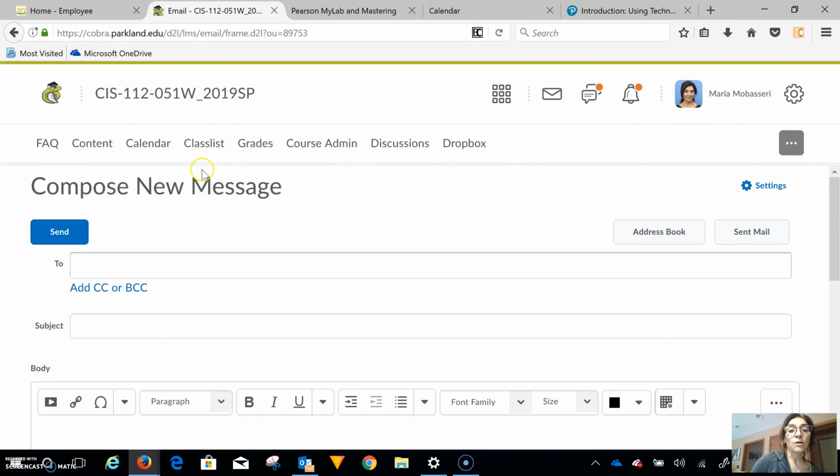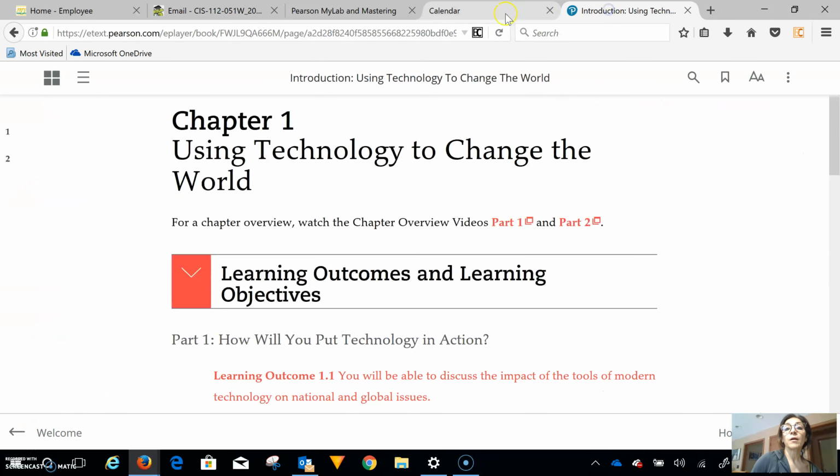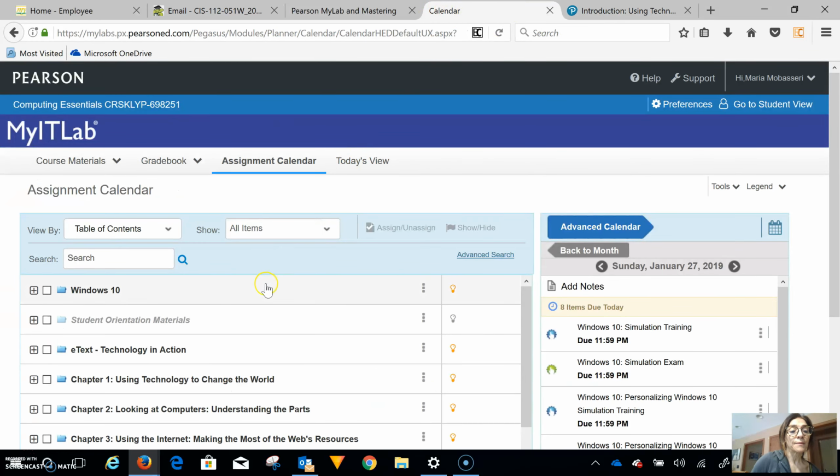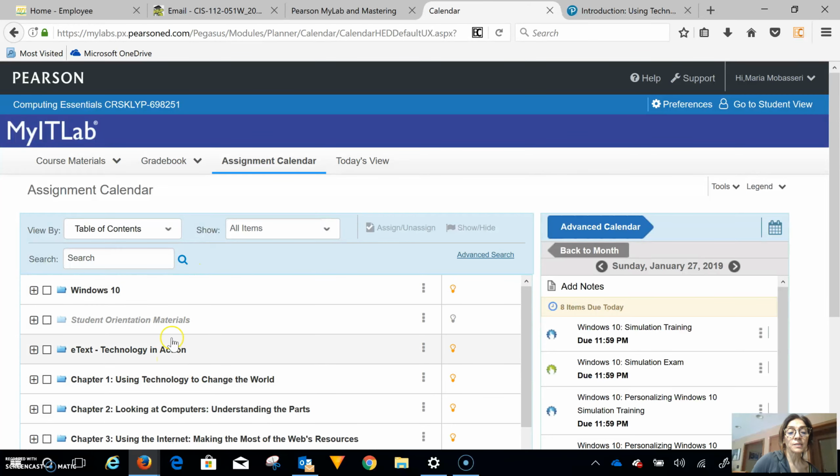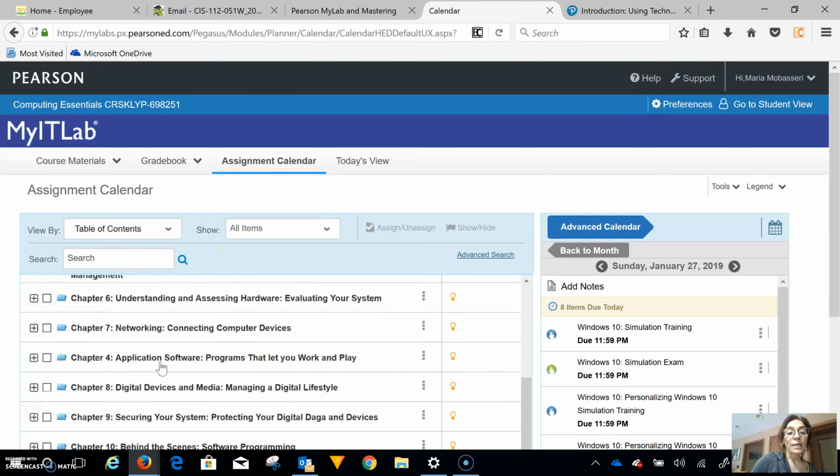Now, a couple things that I want you to be aware of: when you're looking at Technology in Action is one thing you have, Windows 10 is another thing, and there are